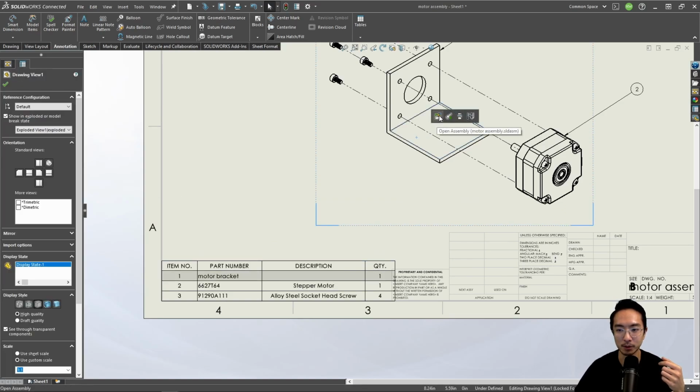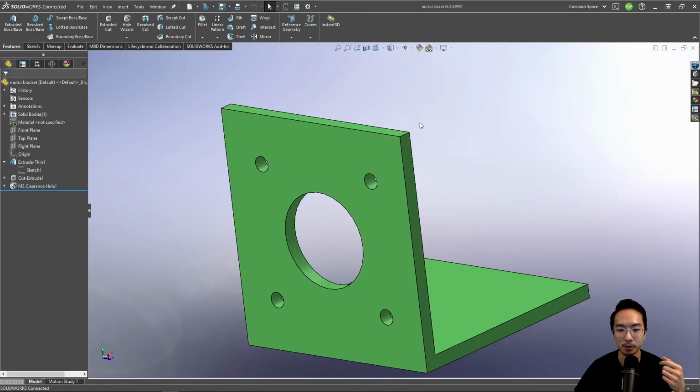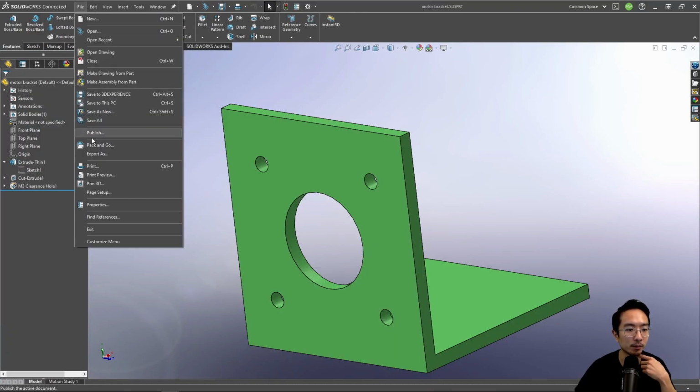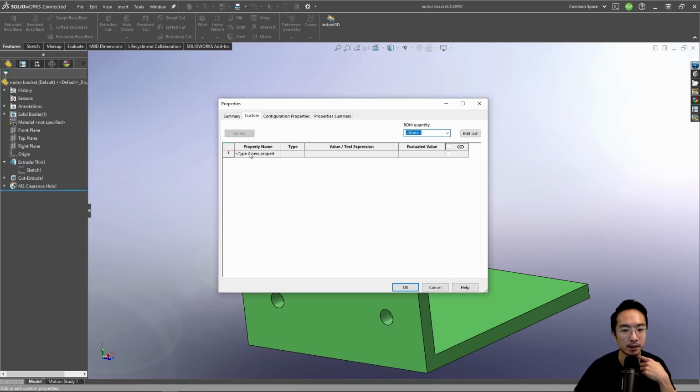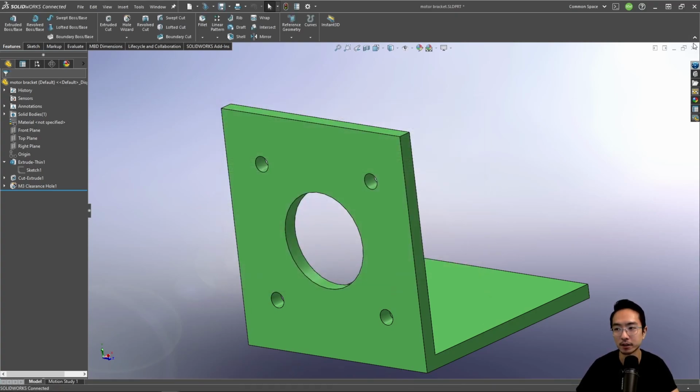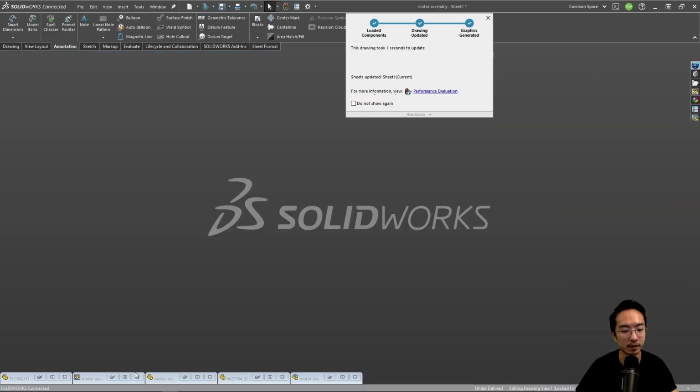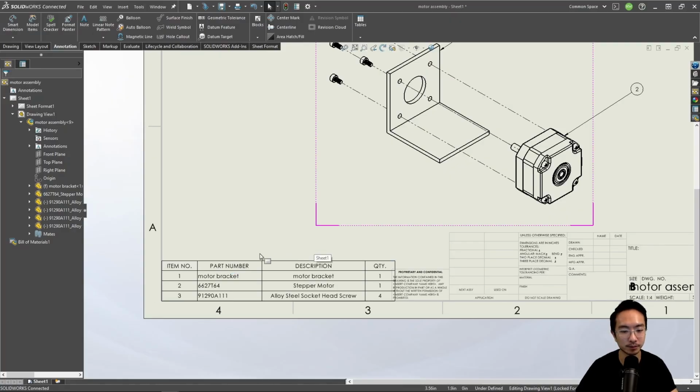So if you open up your part, let me see, if I right click, open part, I could go to file, properties. So here you can see I could have a description. So I could call this motor bracket, and then I could have a part number. So I call this 0001, for example. So if I minimize this, and then if I come back to my assembly drawing,